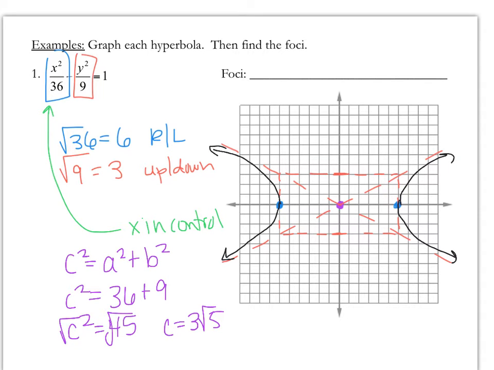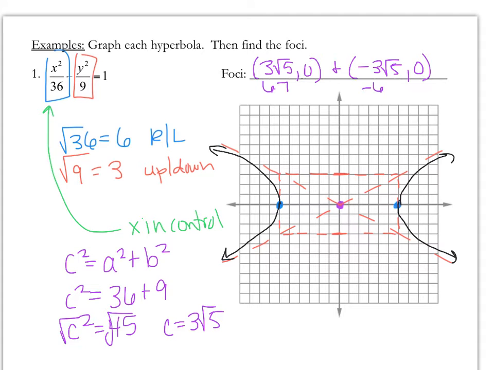And then same rule for how to decide where to put this. We want to make sure that we are paying attention to what's in control. Since x is in control, that 3 radical 5 is going to go in the x position for the coordinate for the foci. So it's going to be positive 3 radical 5 and negative 3 radical 5, comma 0. And then this part we haven't talked about yet, but if you were to get a decimal approximation for that, that is going to be